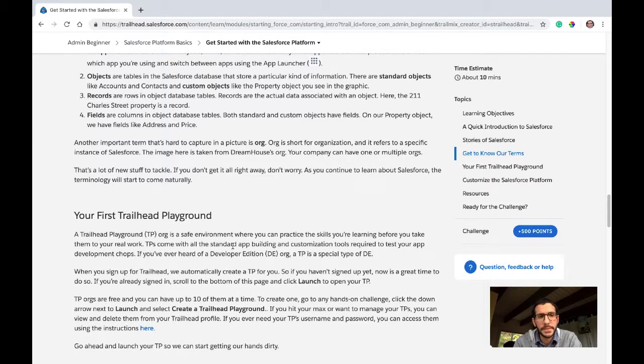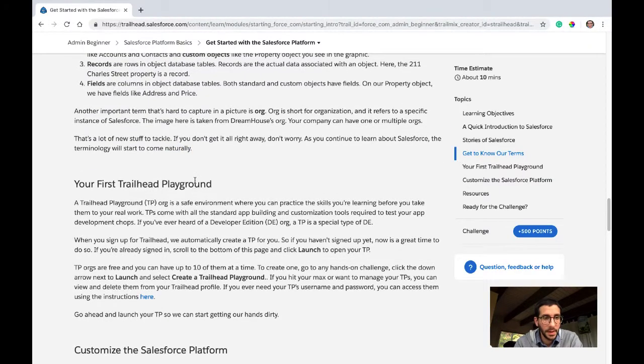That's a lot of new stuff to tackle. If you don't get it all right away, don't worry. As you continue to learn about Salesforce, the terminology will start to come naturally with increased repetition. Okay, your first Trailhead Playground. A Trailhead Playground